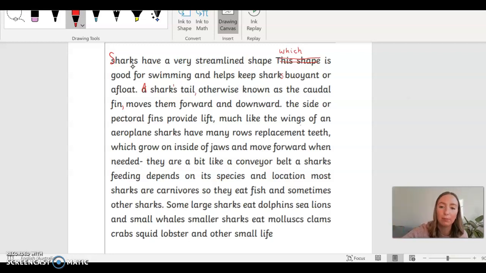Capital letter. The side or pectoral fins provide lift, much like the wings of an aeroplane. Full stop. Capital letter. Sharks have many rows of